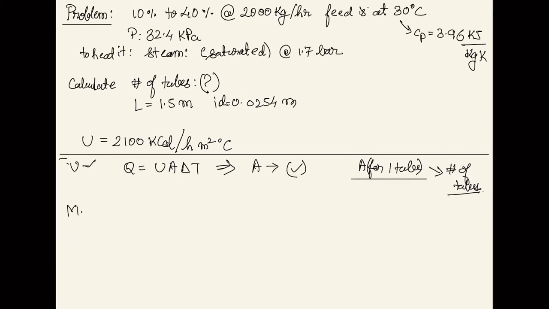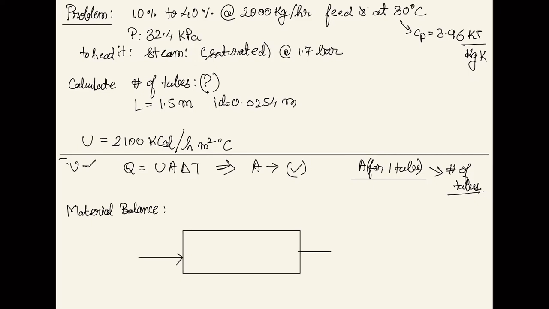Now the problem starts with material balance. To solve this, the first step is our material balance. So guys, take up your pen and paper and do the material balance. At the same time, I'm also working out the problem with you, so you can start doing the material balance with me. The target of doing the material balance is to know the unknown values of the flow rates.